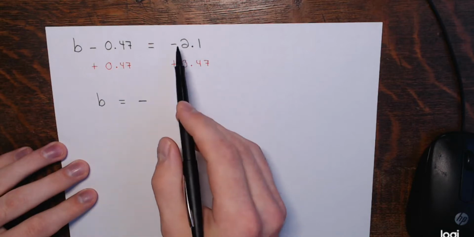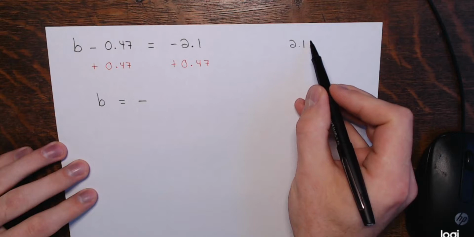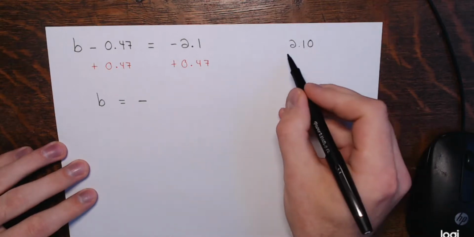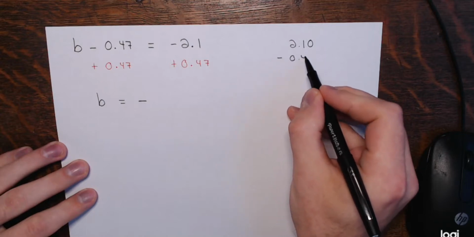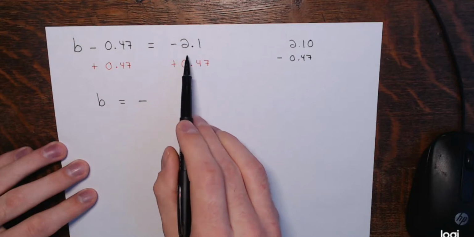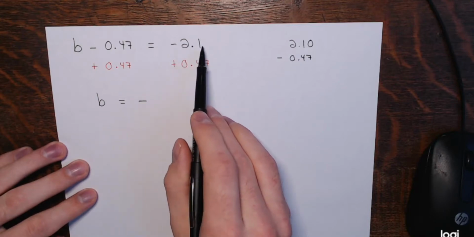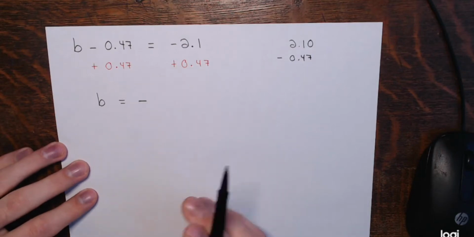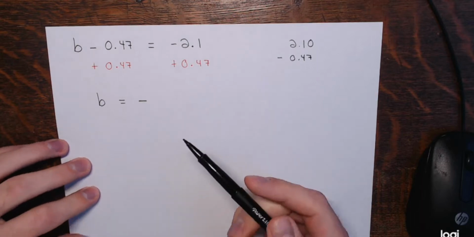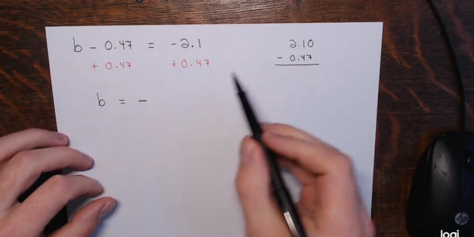And it's actually going to be the opposite of 2.1, and I'll write 2.10 just to get both terms to the hundredths place, minus 0.47. Negative 2.1 plus 0.47 is just the opposite of 2.1 minus 0.47. As long as one term's negative, one term's positive, you're subtracting in some way. So it's going to be a negative number, and it's just the opposite of whatever 2.1 minus 0.47 is,